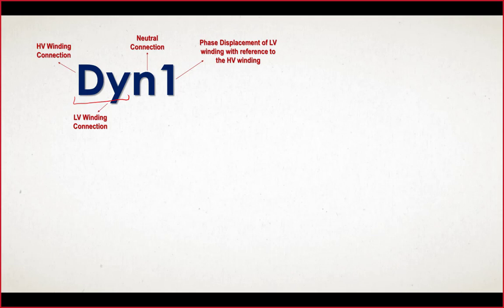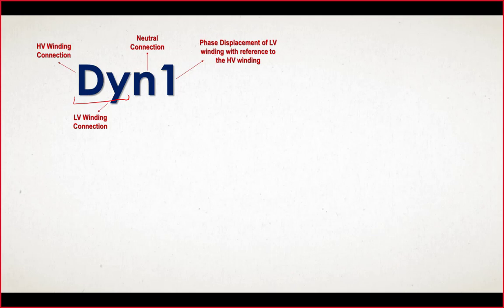Next comes the second letter in small case, and that will correspond to the low voltage side winding connection configuration. In this particular example, high side is connected in delta, low side is connected in Y. So this third, that is N, stands for neutral. If neutral is accessible externally, means neutral terminal is coming out of the transformer tank and terminal is available at the top, then we write this N. If neutral is there but we don't have access to the neutral, we omit this N. No need to write this N. So that stands for neutral is available and accessible.